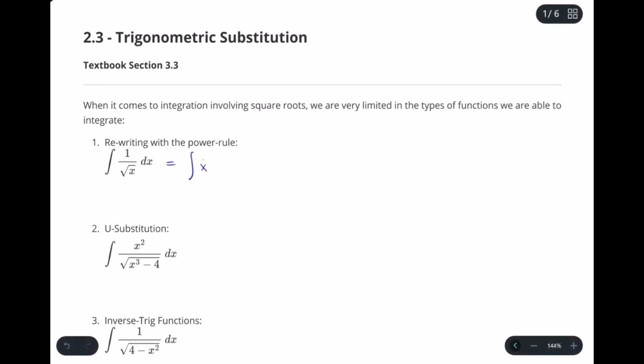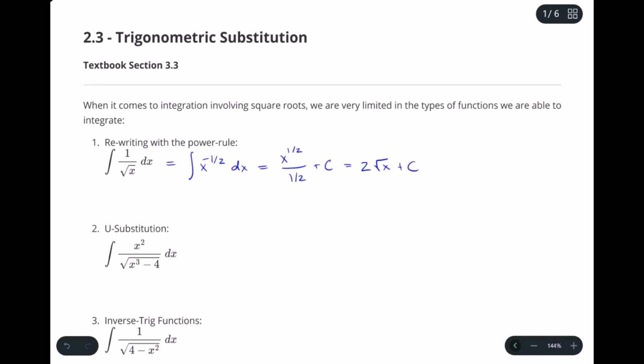And if I made that a negative 1/2 power, I could rewrite this in such a way that the power rule would apply. So x to the negative 1/2 power, what I would need to do is add 1 to that exponent. So x to the positive 1/2 power over 1/2 plus our arbitrary constant c gives us 2 square root of